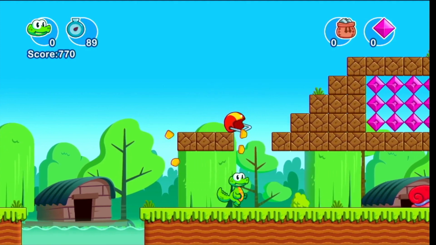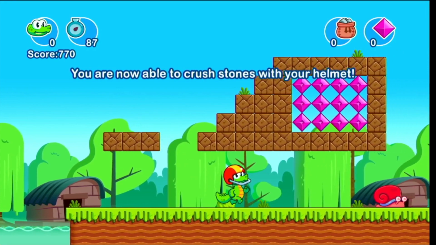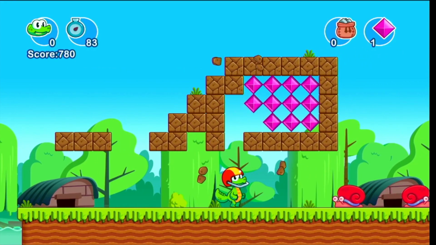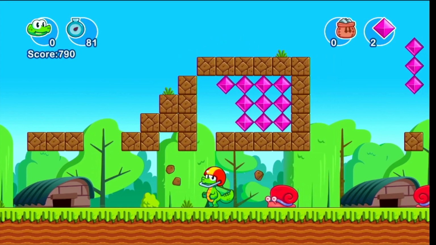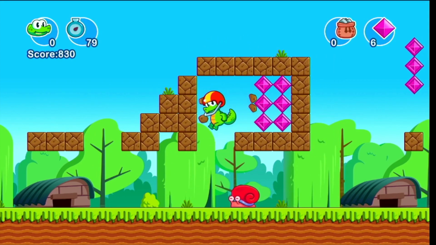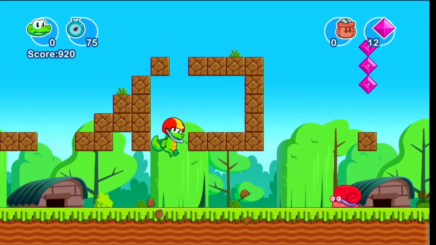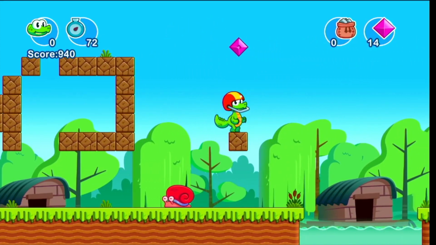But instead of a mushroom, you get a football helmet, and it is with the football helmet that you can break the bricks in order to get all the jewels and get the points. If you come in contact with the snails, you die. So you have to make sure that you jump on them and kill them, or you can kill them by